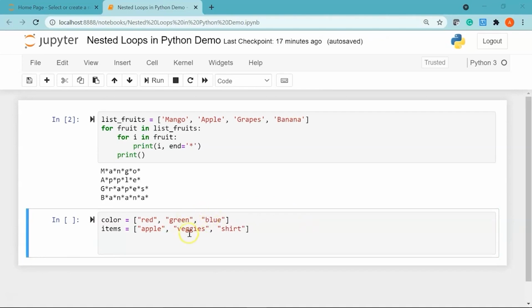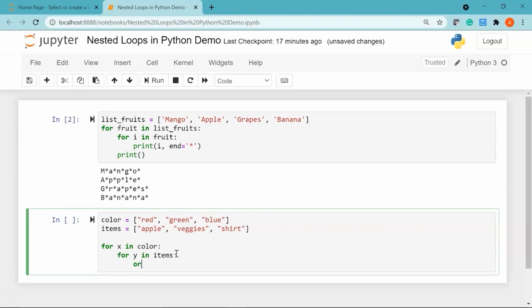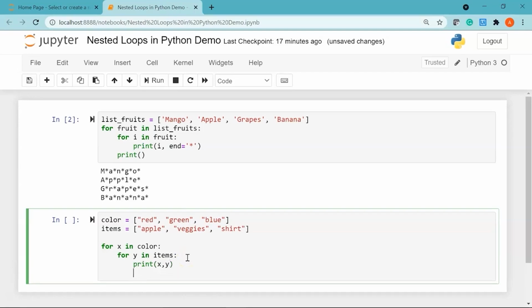Now to print the values of the items in these two lists together, I'm going to use 2 for loops again. So I'll say for my iterator variable, let's say x, in my first list, which is color. So I have declared my outer loop, and now I'll say for another iterator variable, let's say y, in my second list items, I'm going to print x, y, and after that we'll print a space.